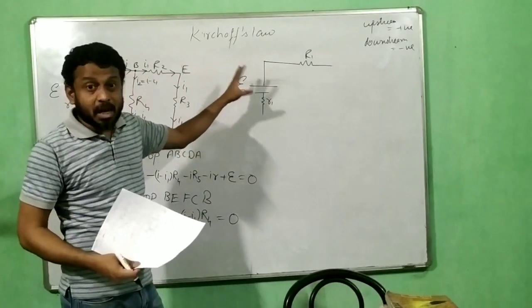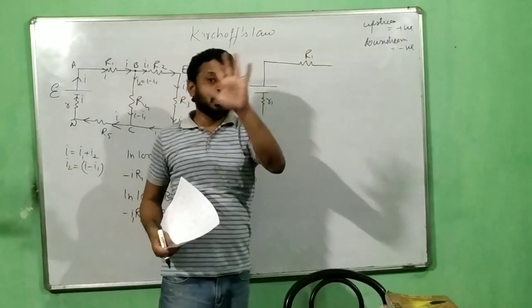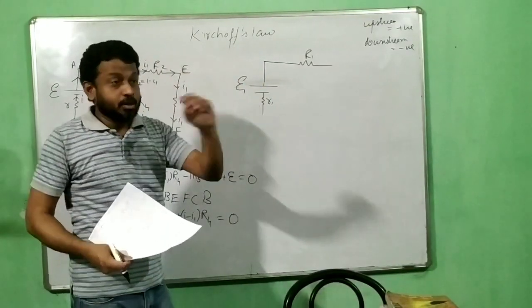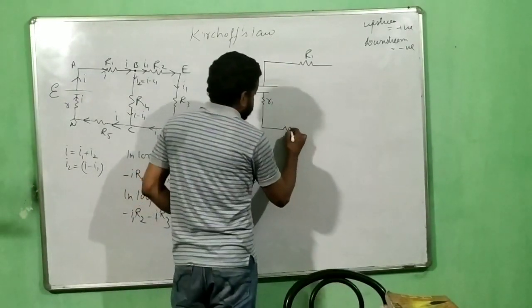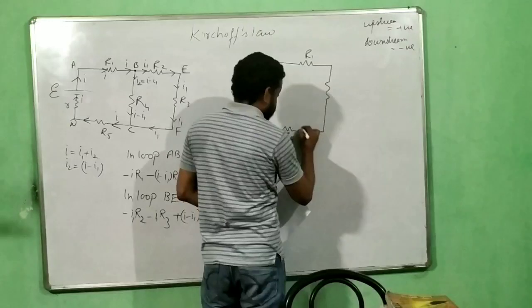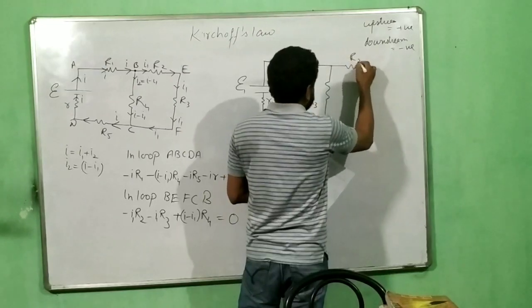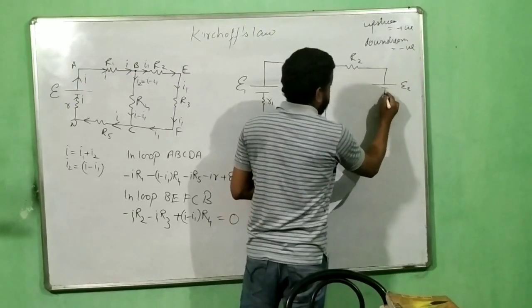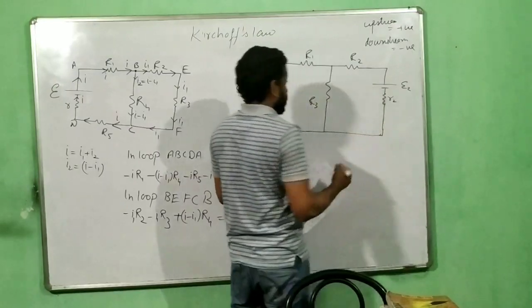And Kirchhoff's law questions take time to solve. So when the question says the EMF has an internal resistance, draw it. They will not give you a drawn circuit diagram. When you are copying it, you have to draw the internal resistance over there. Now this is your R4. This is your R3. This is your R2. This is E2 having an internal resistance small r2, and nothing from here to here.